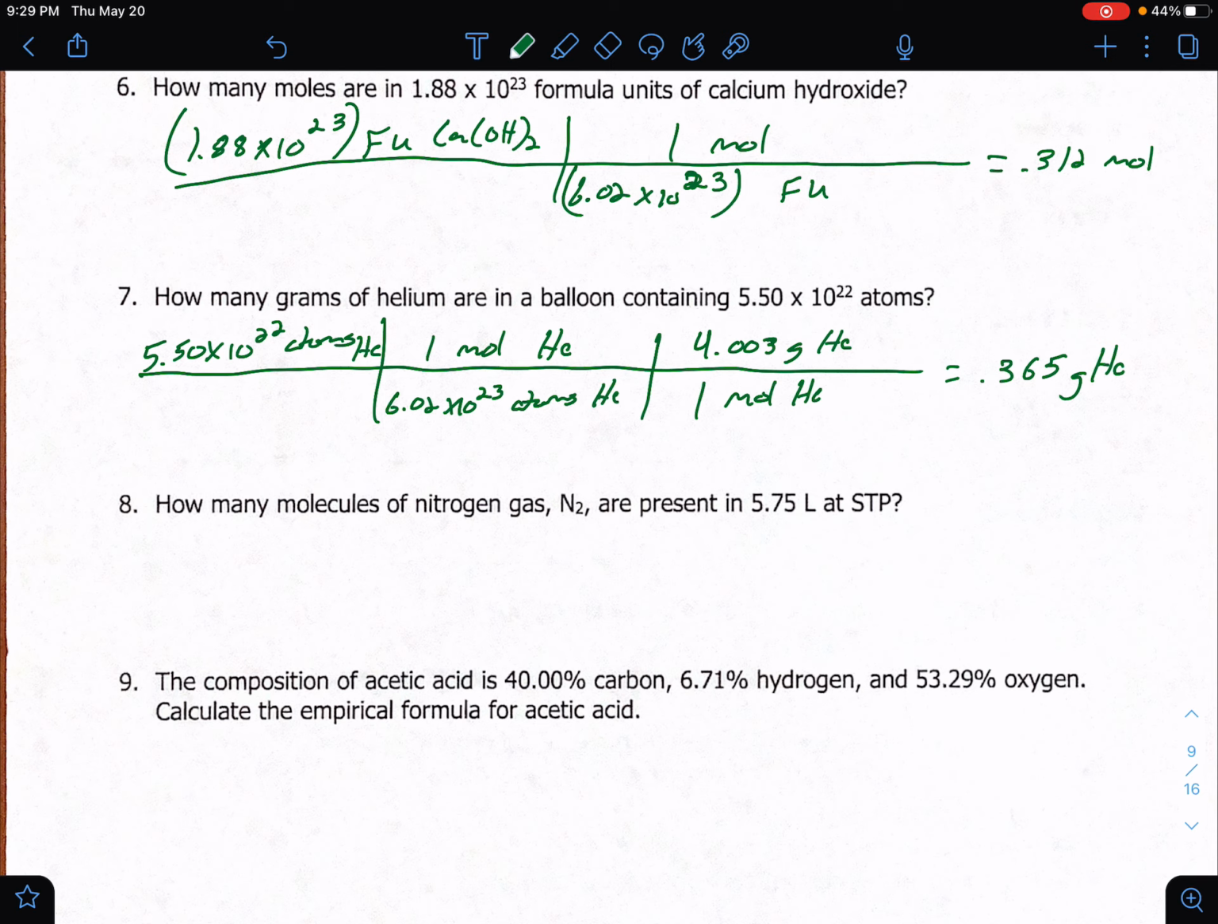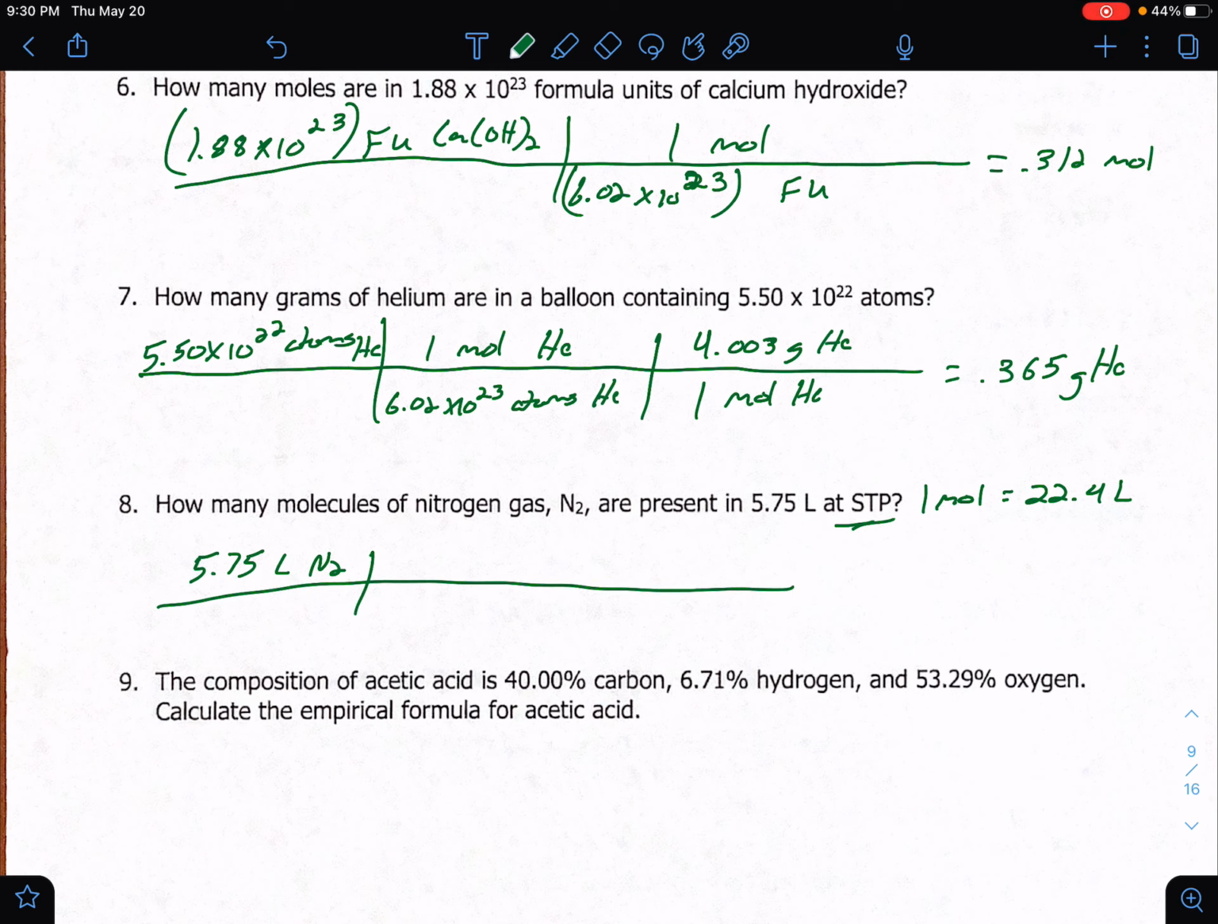Number 8, how many molecules of nitrogen gas are present in 5.75 liters at STP? STP is going to be bigger here in a second when we do gas laws. But right now it just means standard temperature and pressure. So the point is we also need to know that 1 mole equals 22.4 liters. Okay, so I'm going to start with